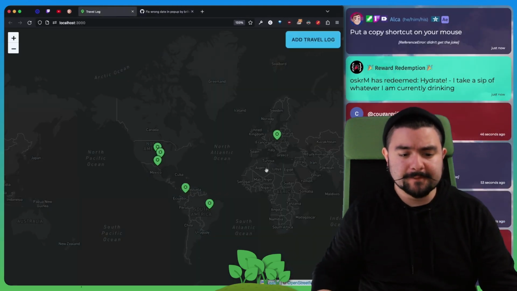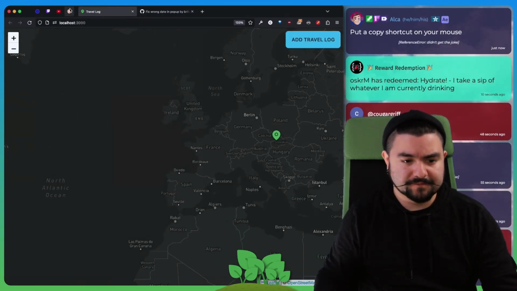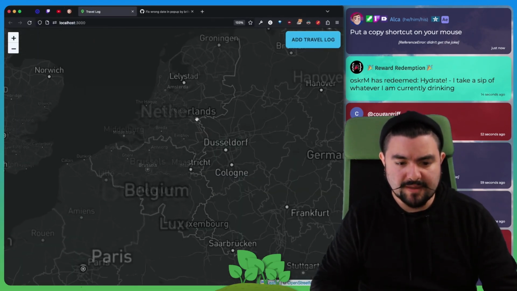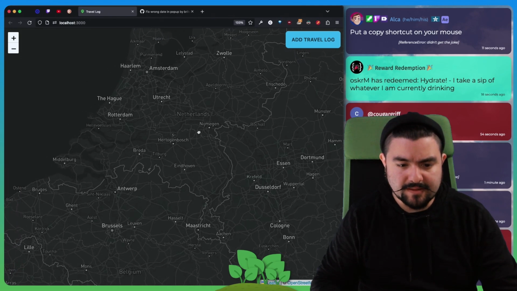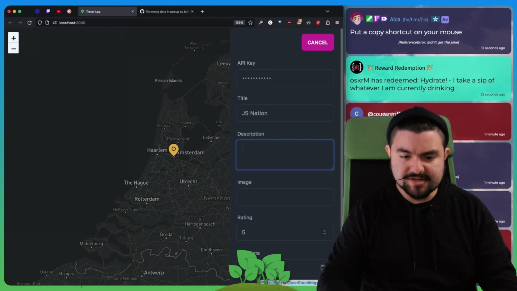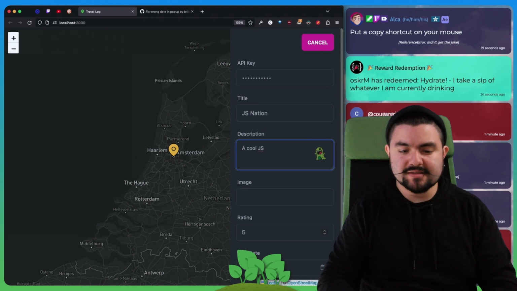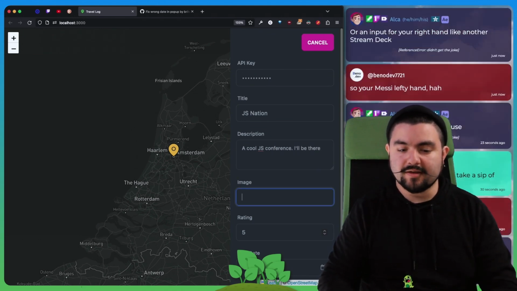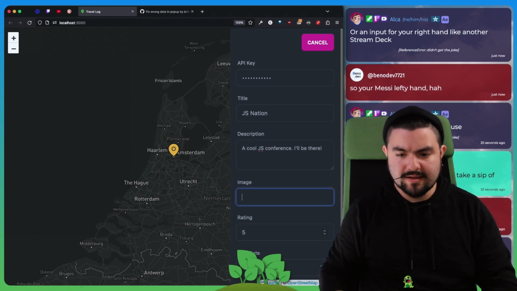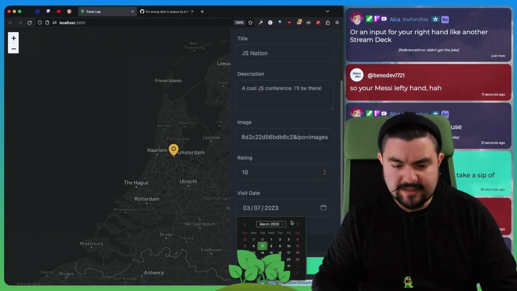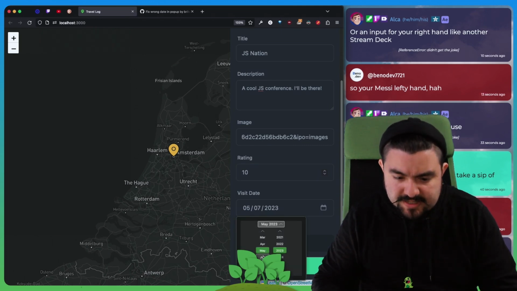So I mentioned there's a bug right now. Let's add a new thing to the travel log. I'm actually going to add Amsterdam because I'm going to JS Nation. So the title here is JS Nation, cool JS conference. I'll be there. Throw an image in, give it a rating, but we're going to visit it in the future because JS Nation is happening